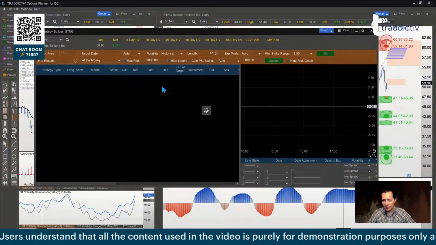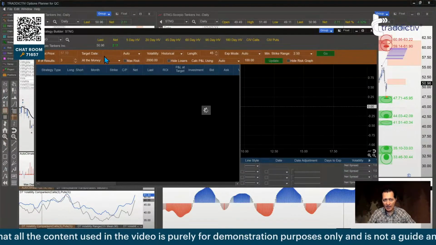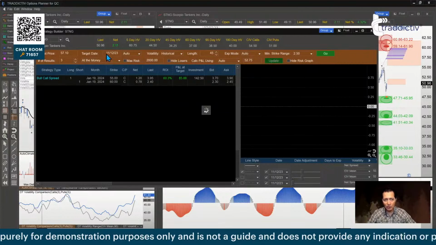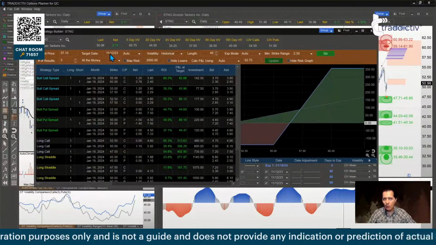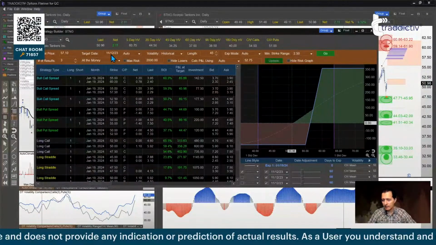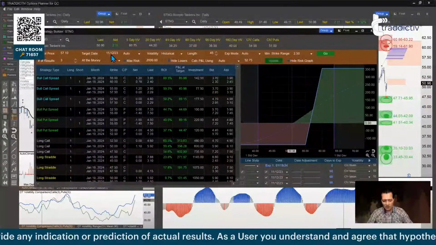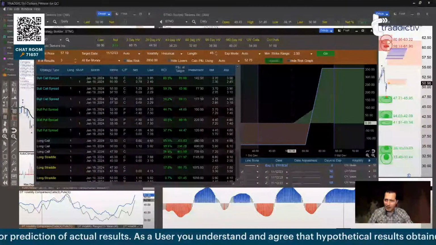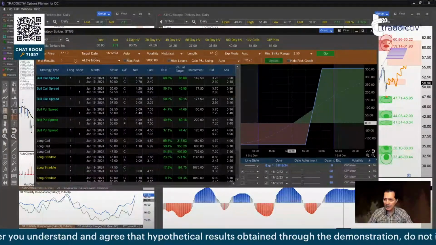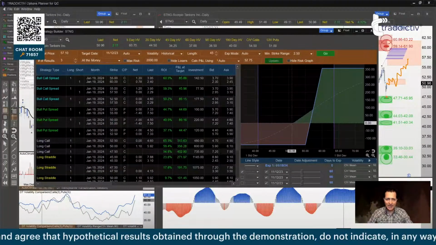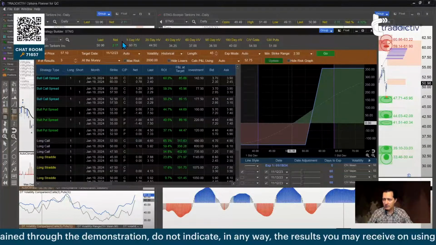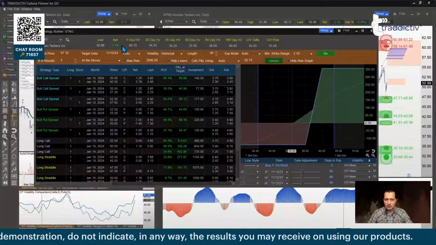The reason why I'm doing that is that I'm going to get a target date calculated. If you don't use a strategy builder, you need to find a way to find out dates. In this case, the date is November 12th. In other words, based on a very smart calculation, a normal amount of time to get to this target would be all the way until November 12th. That would be pretty normal.